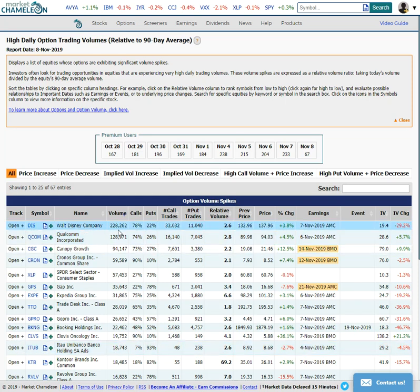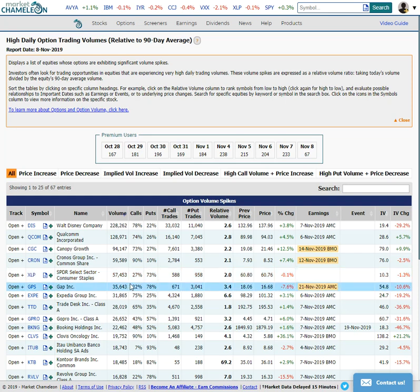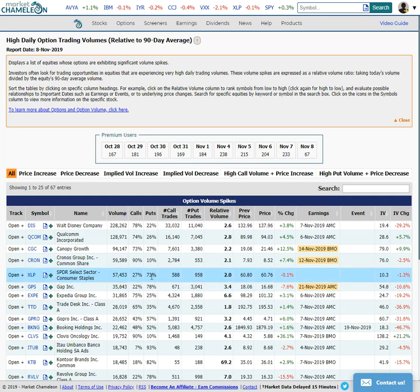You can see Walt Disney, which had really good earnings, a lot of bullish action there. Also some good news from Qualcomm. That's what's going on there. But maybe let's look at something that isn't earnings related, and we can look at XLP, which is the consumer staples sector, which had actually quite a bit of bearish action. So we click on that,